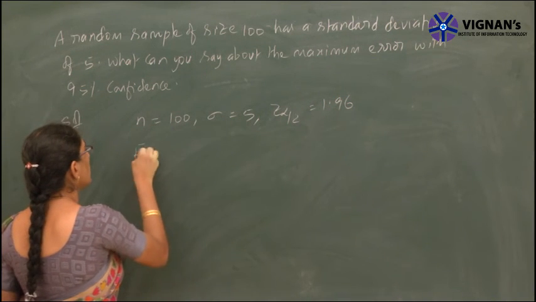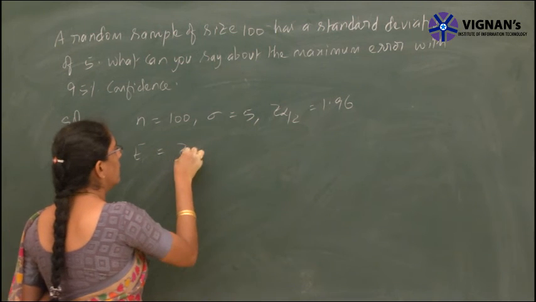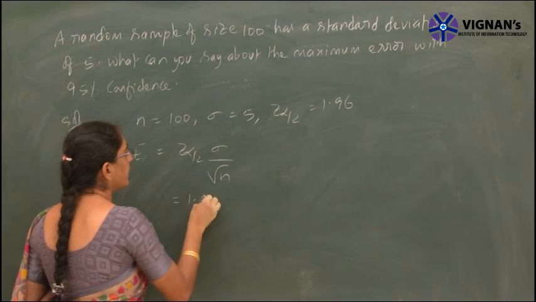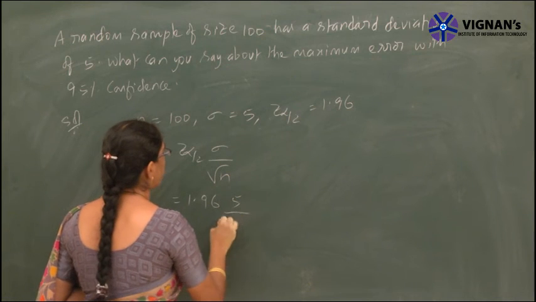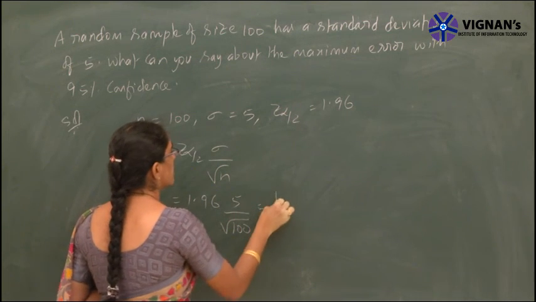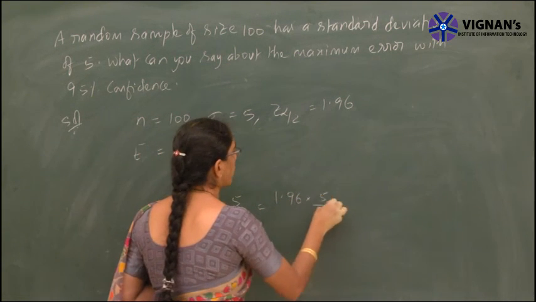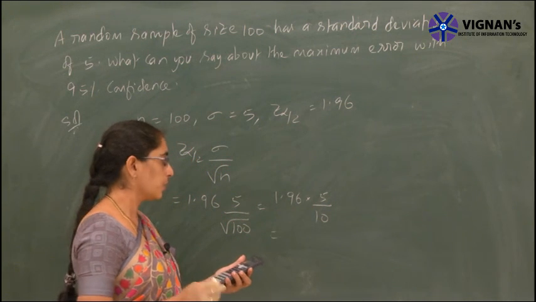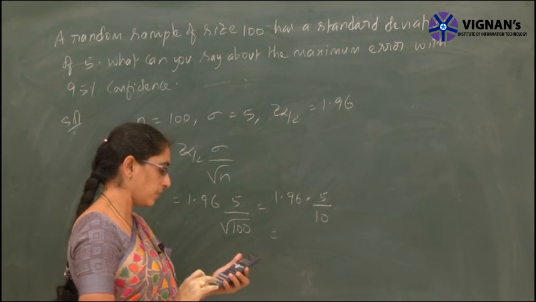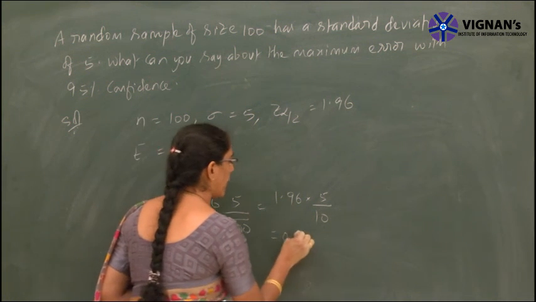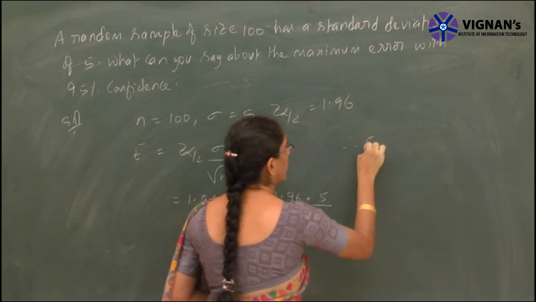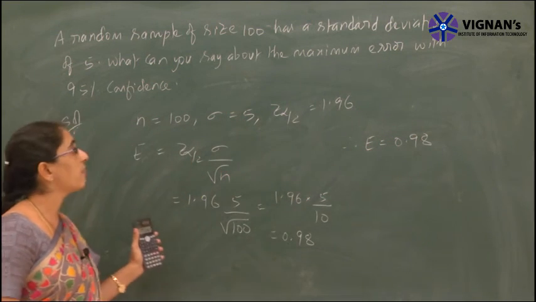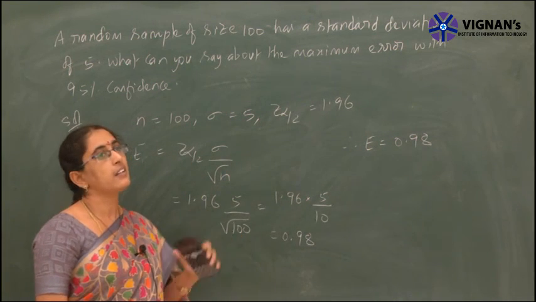Then error is given by the formula Z alpha by 2 into sigma by root n. So 1.96 into 5 by square root of 100, that is nothing but 1.96 into 5 by 10 here. So it is 5 by 10 means 1 by 2. So 1.96 by 2 is here 0.98. So therefore the error is here 0.98. So in this way we have to find the maximum error and to estimate the sample